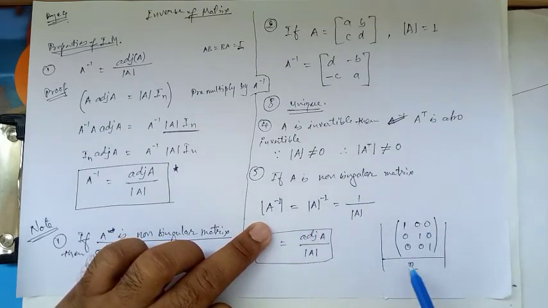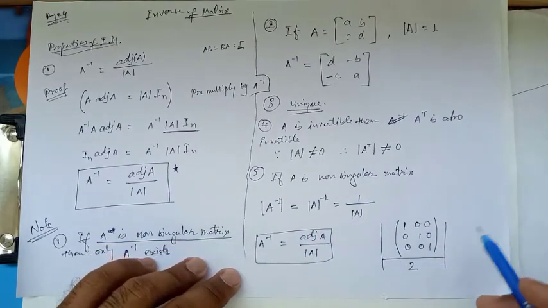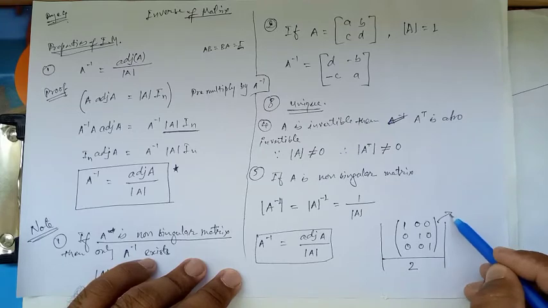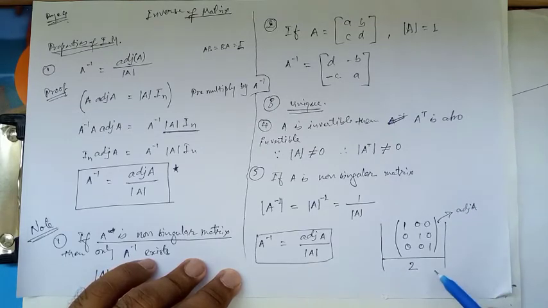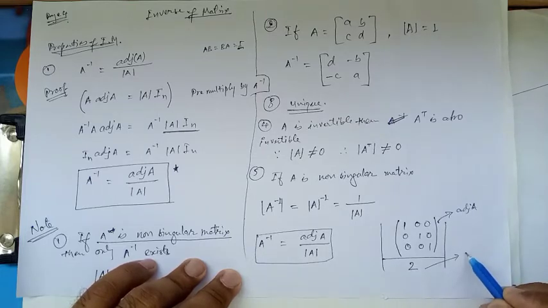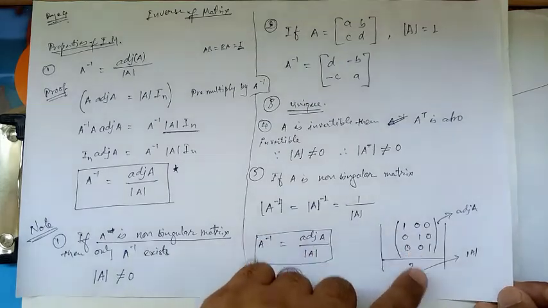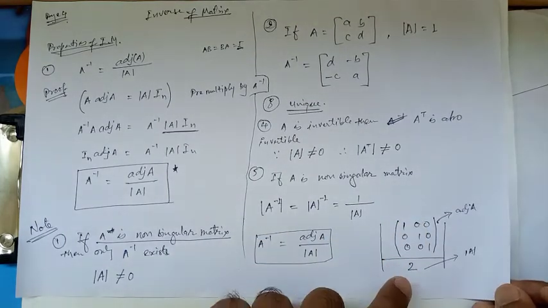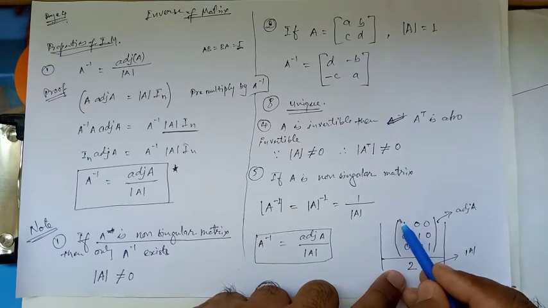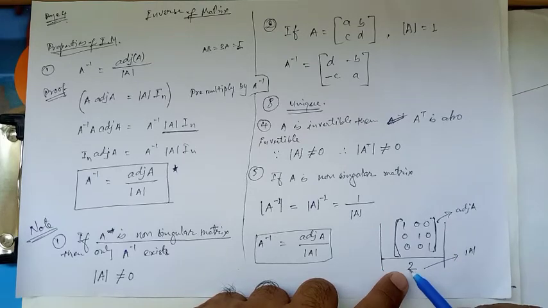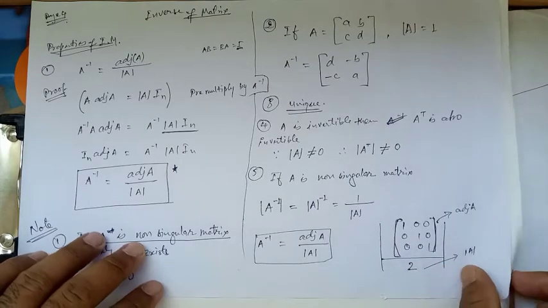For that we are considering the formula of A inverse is this one. We are considering this as adjoint A, equal to, for example, it is just an example I am taking. Don't bother whether this is true or not, but I just wanted to show something, that's why I am taking this example. And this is a matrix, right? So if we want to multiply or divide this, or better I write this one again.